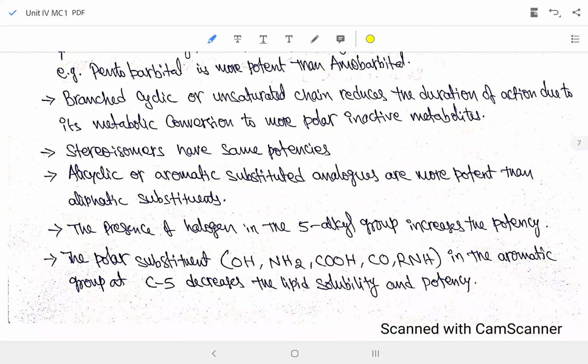Okay. Stereoisomers have the same potencies. Whether R, S, E, Z, whatever, the stereoisomers of the same drug don't have any differences in potency. Okay. Alicyclic or aromatic substituted analogues are more potent than aliphatic substituents. Aromatic compounds are more potent than aliphatic. Okay. The presence of halogen in the 5-alkyl group increases the potency. Okay. Polar substituents, examples: hydroxyl, amine, carboxylic acid, carbonyl, amide, in the aromatic group at C5 decrease the lipid